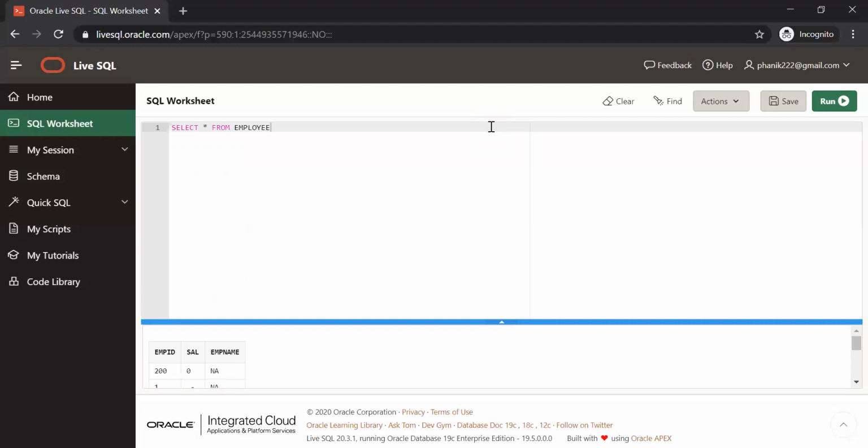So what is the difference between primary key and foreign key? Primary key will be found in the parent table and the foreign key will be in the child table. The child table refers back to the parent table using the primary key, which is a foreign key, which is a primary key in the parent table. Exactly. Right.